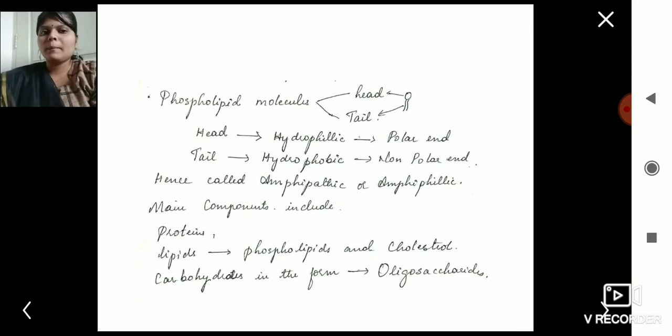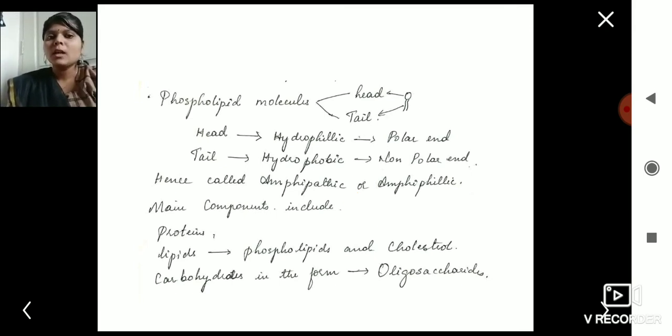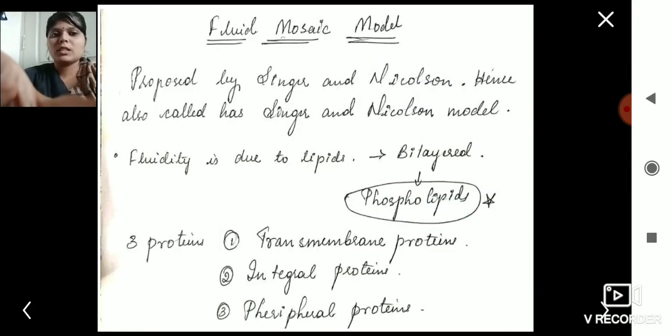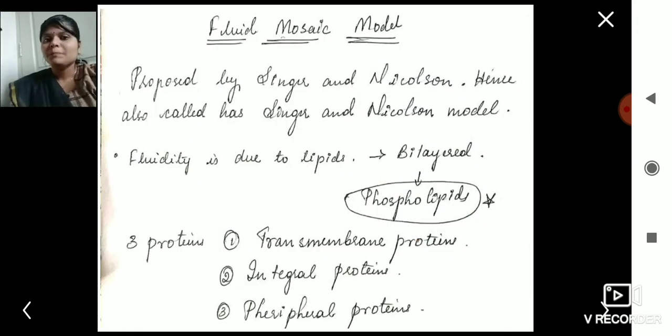Next we move on to the main components, which include the proteins, which we have been talking about many times, and the lipid layers. We have different types of proteins, as I've already discussed, that is the transmembrane proteins, the integral proteins. Proteins are the second major component of the plasma membrane. There are two main categories of membrane proteins, integral proteins and peripheral proteins, which we have discussed, and also the transmembrane proteins.